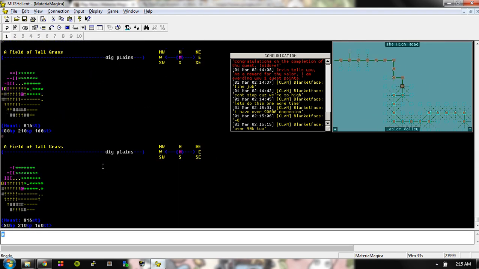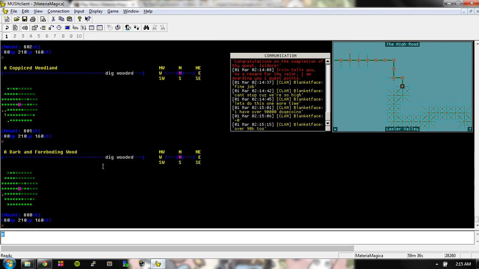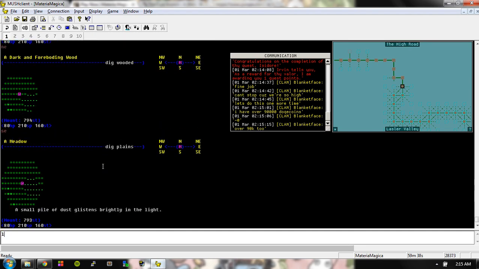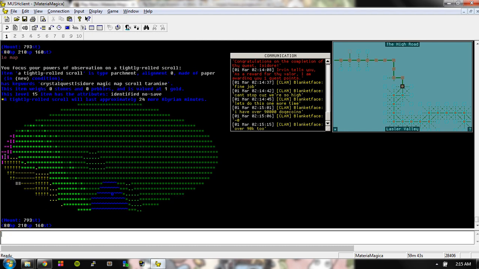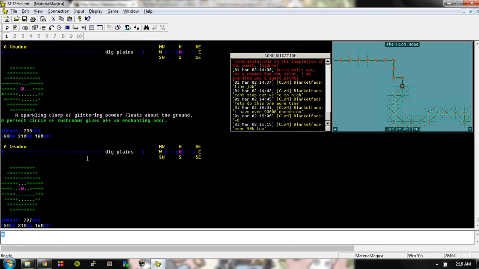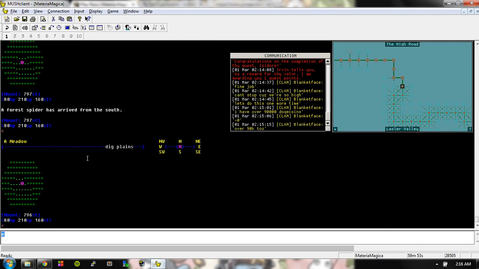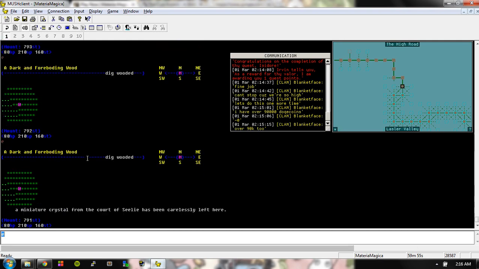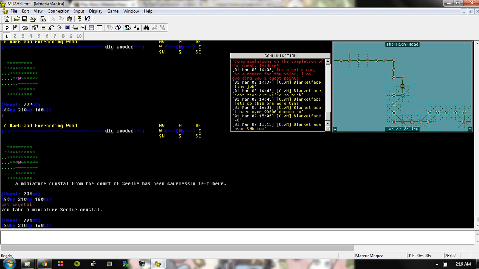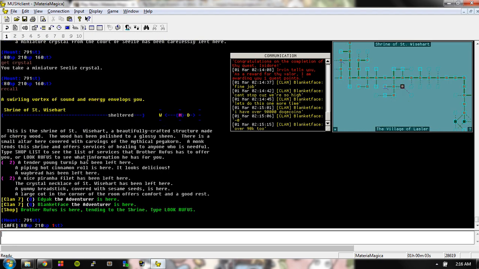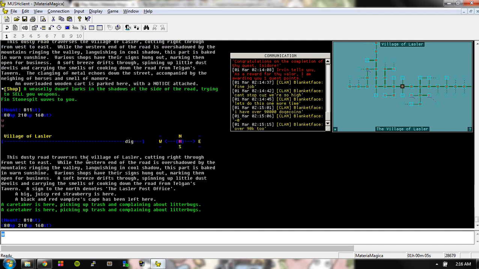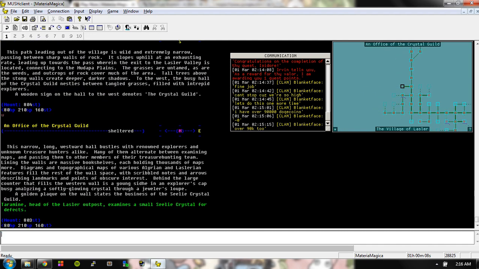Head outside, head to the east, and I want to be on this row, which I am, so I'm just going to head east along that row until I hit the center mark, right there, and get the crystal. I'm going to recall back to town. I'm going to go all west, go back in here,